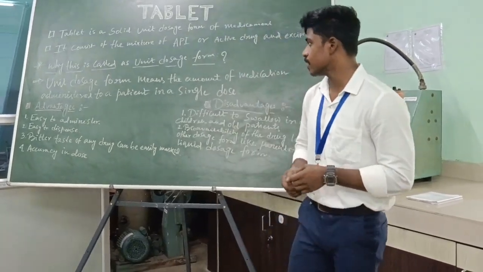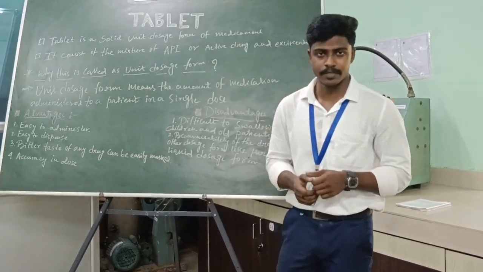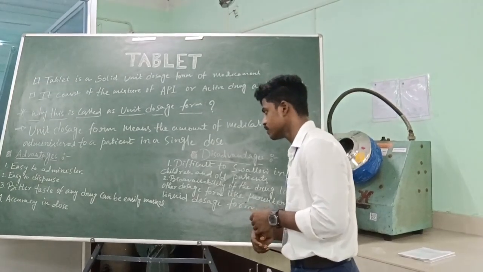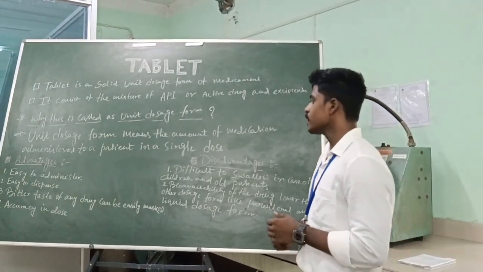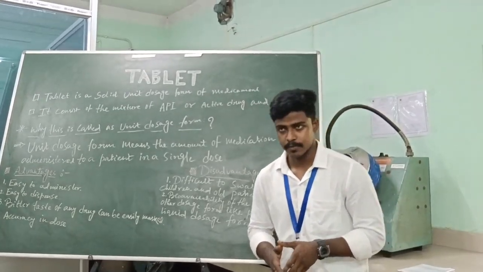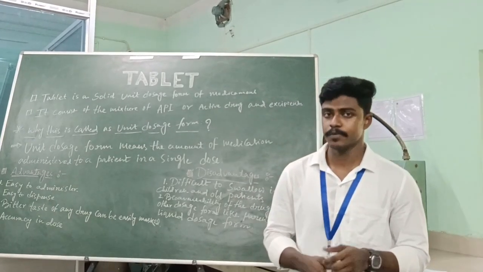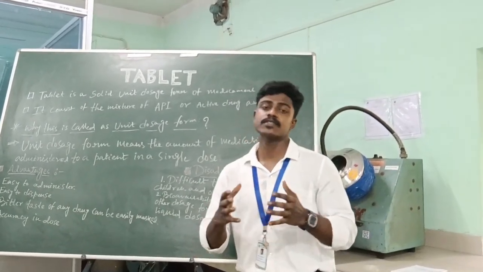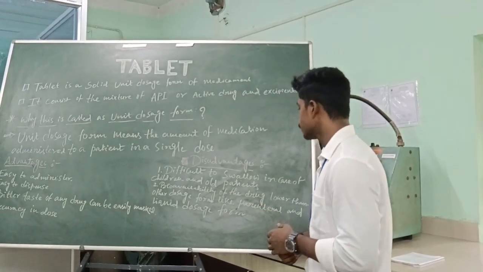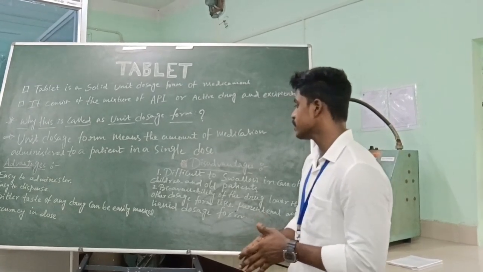Okay, next is disadvantages of tablet. There are so many disadvantages, but here I have discussed only the main two. Number one is it is very difficult to swallow in the case of children and old patients. For pediatric patients, children and old patients, it is very difficult to swallow a tablet. Next one is bioavailability of the drug is lower than other dosage forms like parenteral and liquid dosage